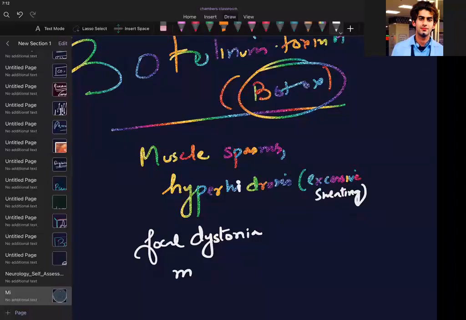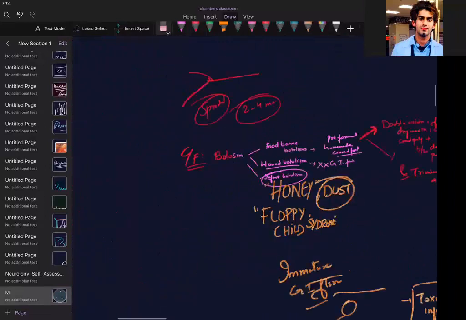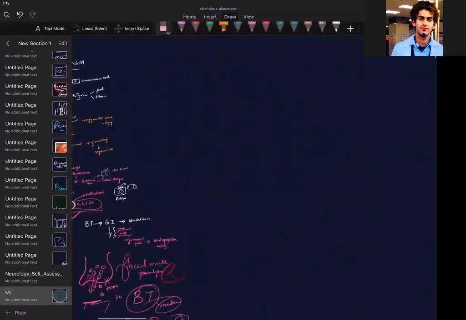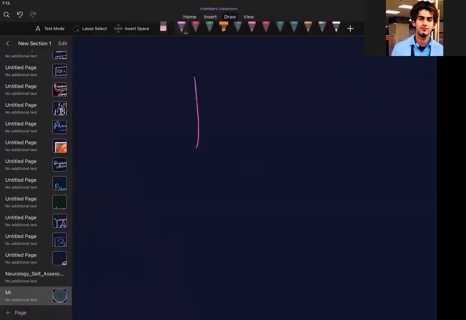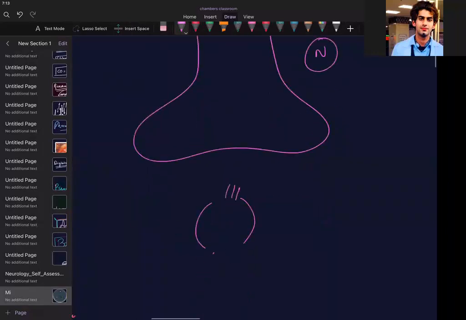No, that's wrong. You are not understanding what I meant. You are writing a different mechanism. Again, I wanted to make sure. It is not allowing it to come to the junction. So if I make a neuromuscular junction, that's what I see. This is a neuromuscular junction. This is a neuron and this is a muscle.